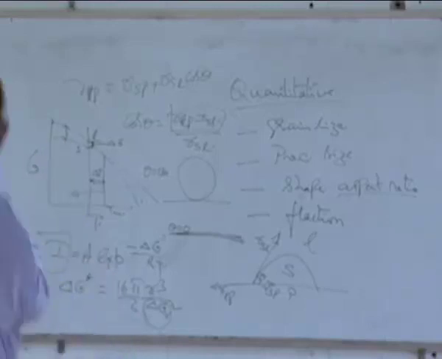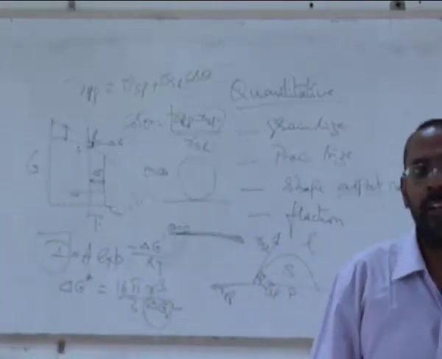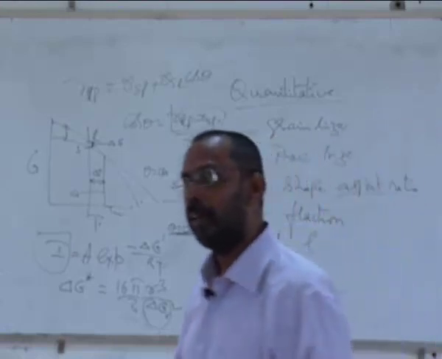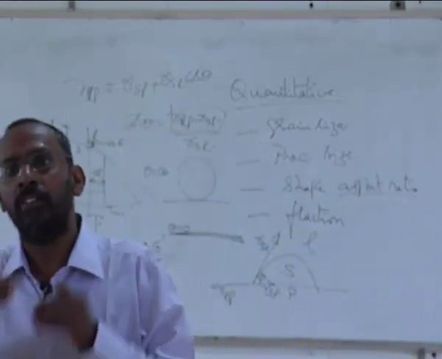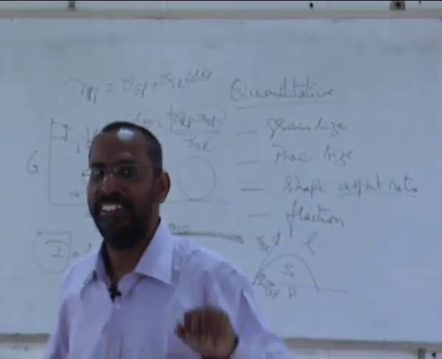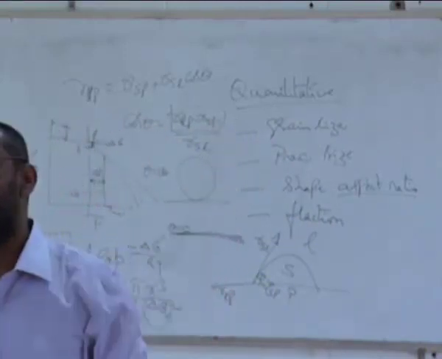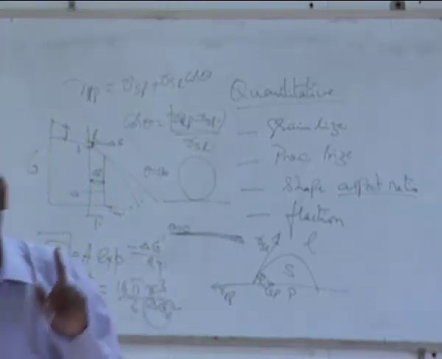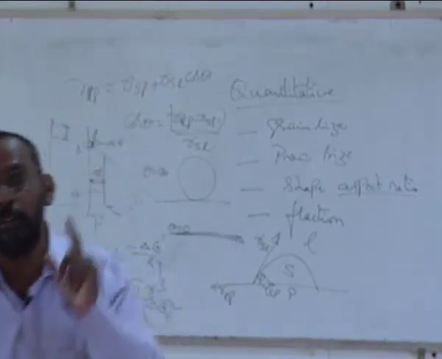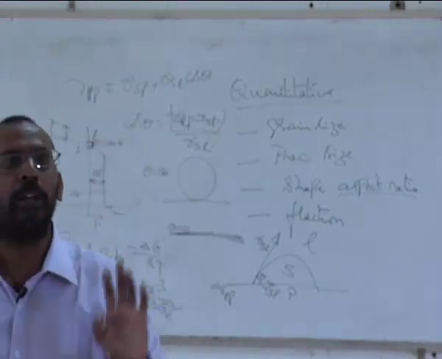And if I want cos theta to be larger, gamma SP has to be smaller. My question is, under what conditions will gamma SP be smaller? It has to have something to do with solid and particle. Large particle size, particle surface area. Not really. Surface area and surface energy are not always connected. We are talking of surface energies. Whenever I am talking of surface energy, it is per unit area. It's always per unit area. When I say per unit area, you don't need to bother about surface.